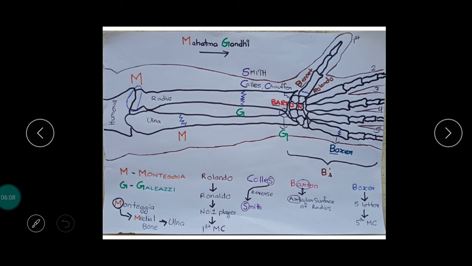So there are 2 fractures in our case. One is Colles and the other is Smith. Smith fracture is the reverse of Colles fracture. Okay, it is the same location, but there will be a ventral tilt in that case. In case of Colles fracture, there will be a dorsal tilt. So a fracture in the distal third of radius with dorsal tilt and other displacements is the Colles fracture.